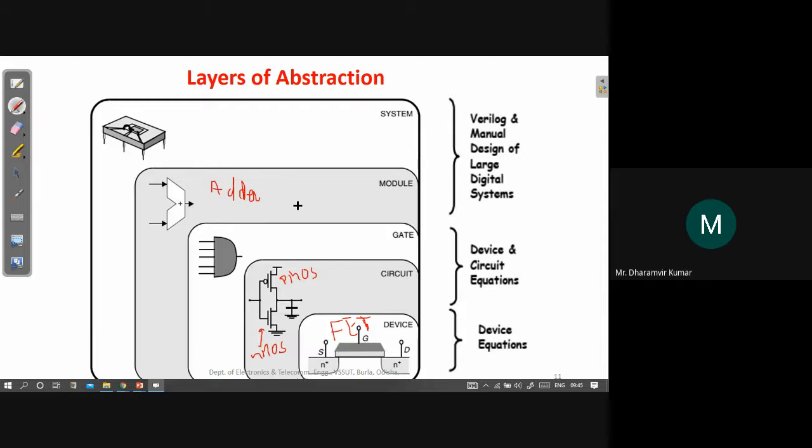There is a module called MAC that performs multiplication and accumulation. To perform these specific tasks, we need those specific modules, and these modules can be constructed by combining different types of gates in a proper manner. So a module will consist of some number of gates.